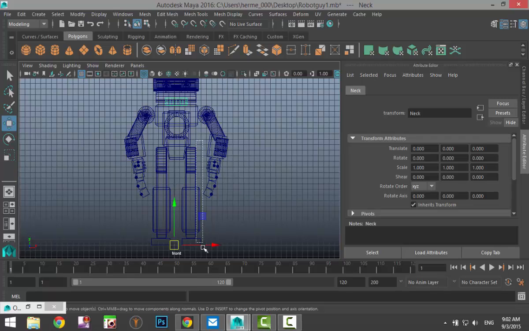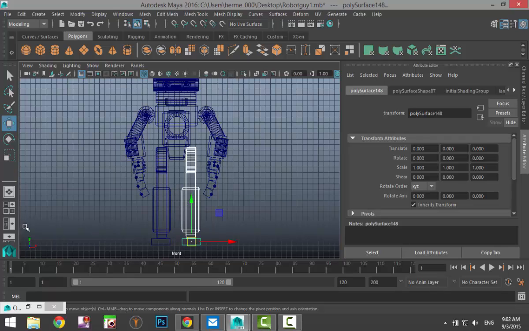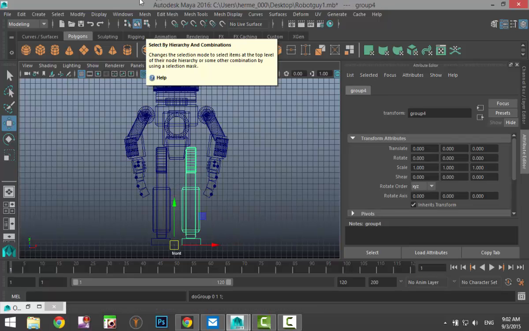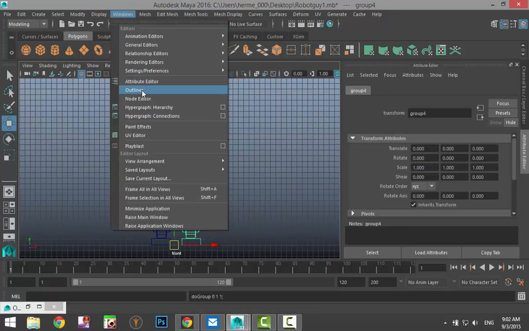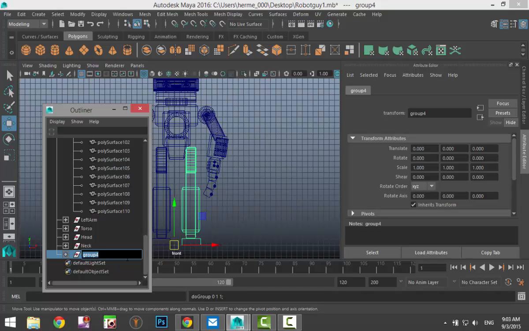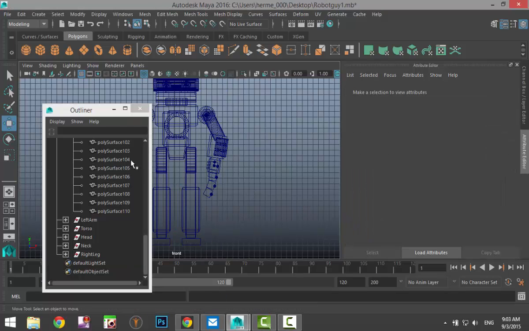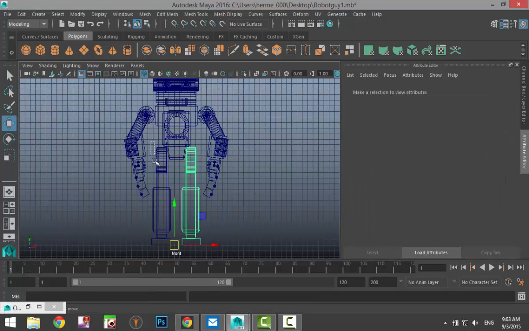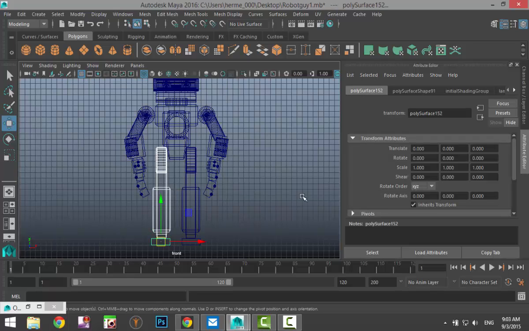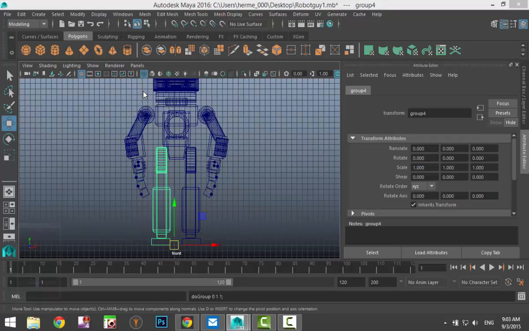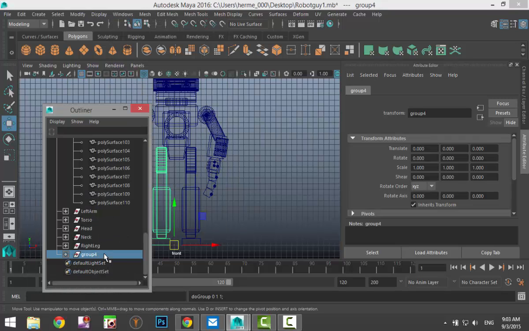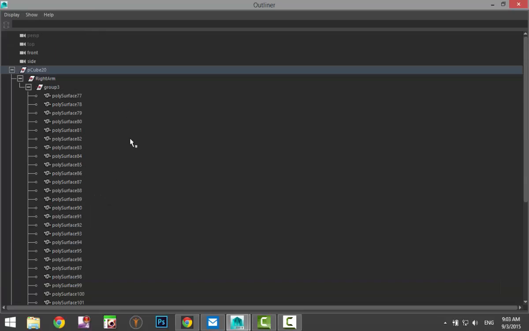Okay, we'll drag select the right leg, Control G to group, window outliner, right leg, and we'll do the same at this end, Control G to group, window outliner, left leg. Okay, so now if we maximize this,